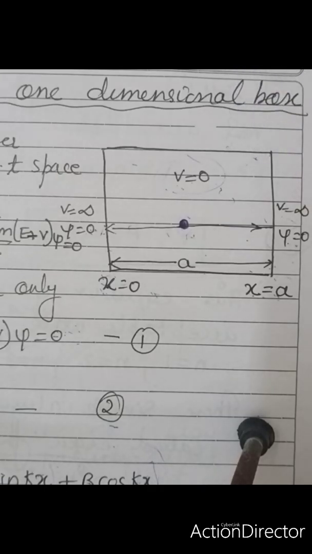In our previous video, we discussed the Schrodinger wave equation. Now in this, we will be dealing with the application part, that is the particle in a box. We are taking a one-dimensional box. So before that, we should note certain things like the free particle.